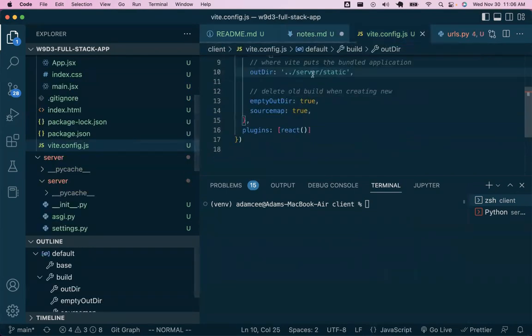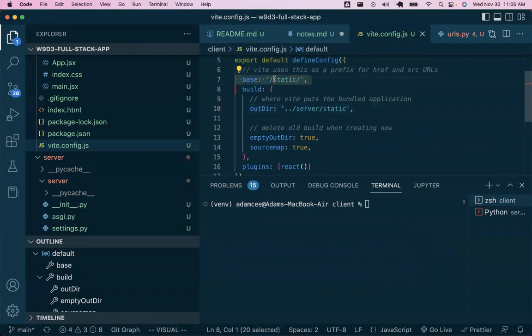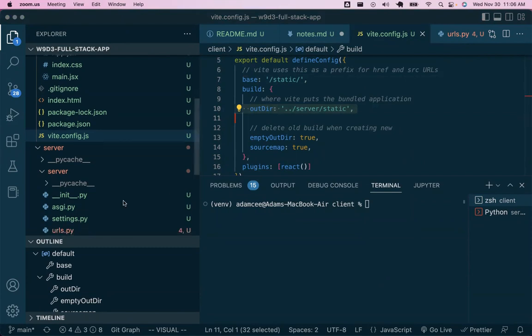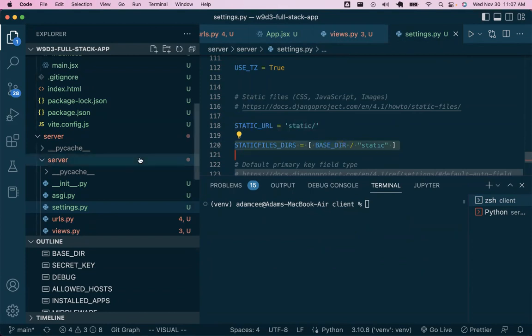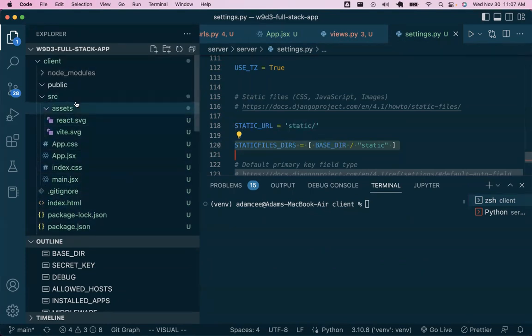And the key thing is this base route that gets injected into all of our front-end code when we have code that's looking for image assets. And the directory that the vite build goes to needs to line up with what we tell Django. So that Django knows the URL for static assets is this, and the directory for static assets is here. And as Zainab solved the issue that I ran into, and issues like this are really common, is